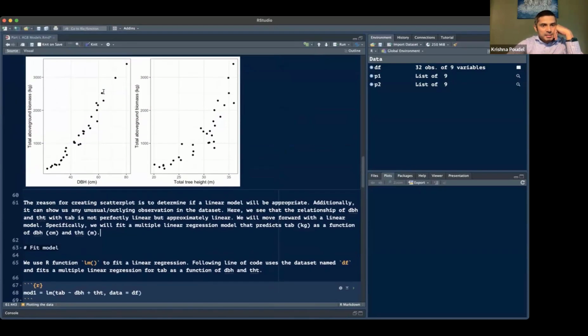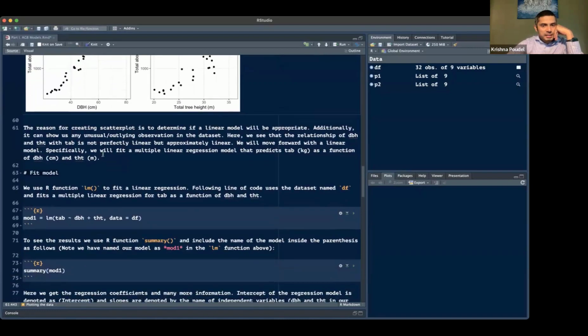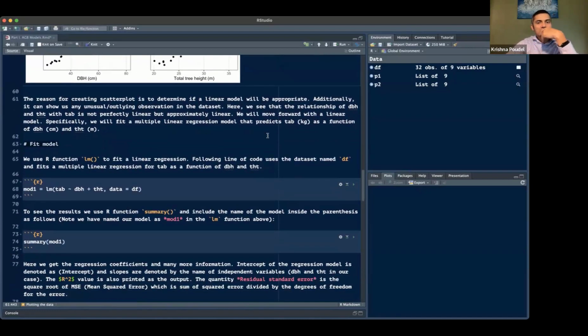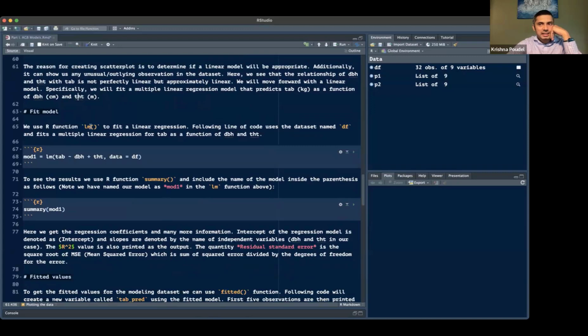And we don't see any problem. So we will move forward with a multiple linear regression that will predict total above ground biomass as a function of DBH in centimeter and height in meter. We can use the lm function